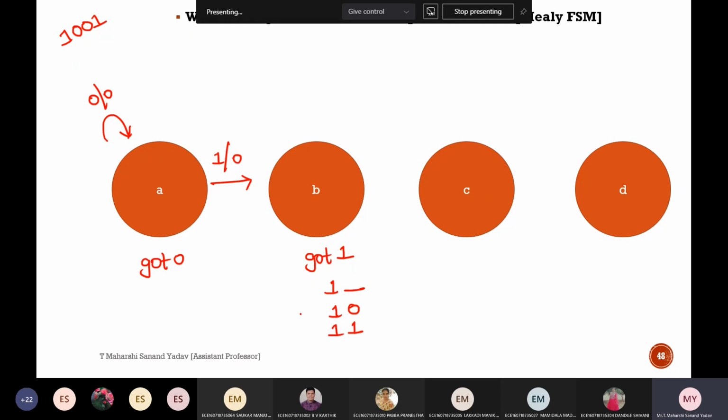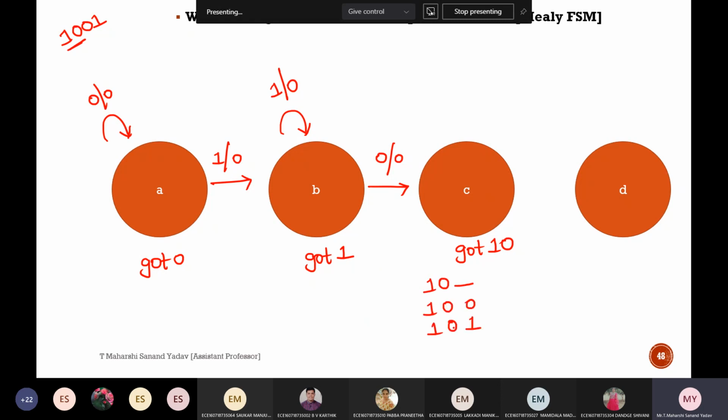Next, 1 dash means it can take either 0 or 1. Tell me, for 1 0, it will go to the next state. Why is it going to the next state? Why not the same state? See this sequence. When 1 0 is given, it will go to the next state, that is, when input x is equal to 0, it goes to the next state and output will be 0. So here you have to write got 1 0. Next, tell me for 1 1. Same state. Check, got 1 1 is not there. If it is not there, remove the left-hand side bit. So got 1 means same state. So when input is equal to 1, output will be 0. Done.